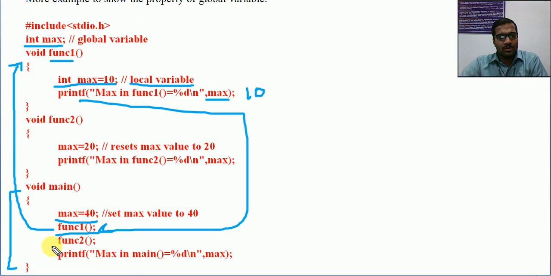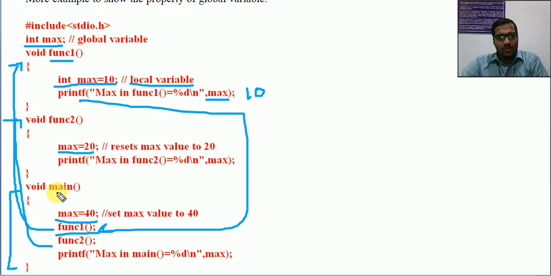Then it will call function 2. Function 2 call will go to this location. Then here max equal to 20. What is happening here? Here it is accessing this max. This is not a declaration. It is setting the value of the global max to 20. What was the value?